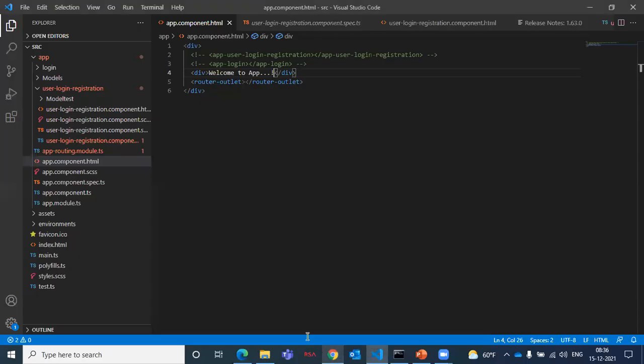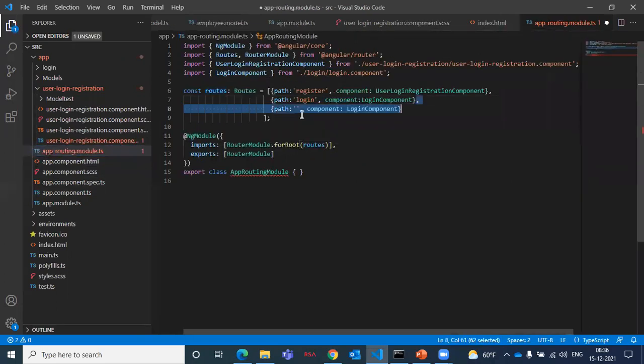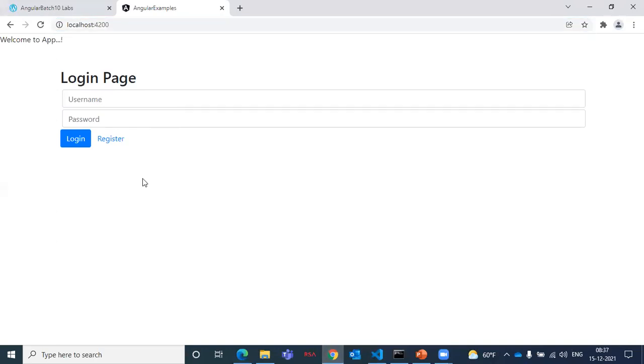So you have one of the routes. If you have not specified any route, you need to navigate to a particular component. Always the login page will be the initial component. Tomorrow you may have some more components, so specify the initial one with an empty path. How to specify? Simply path as empty. The empty path will load the default. Save this. Now we have the default.